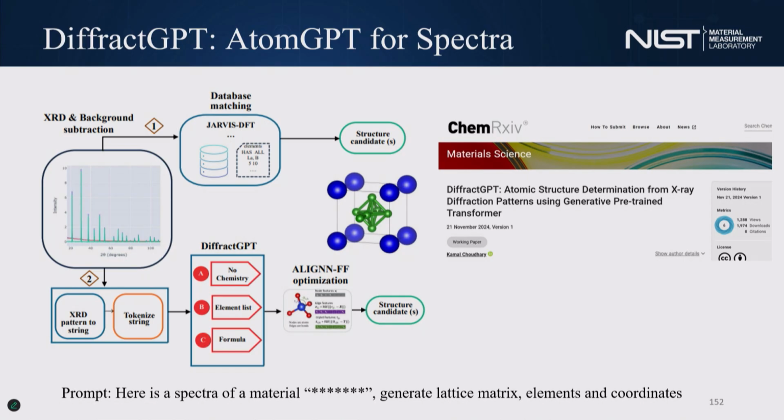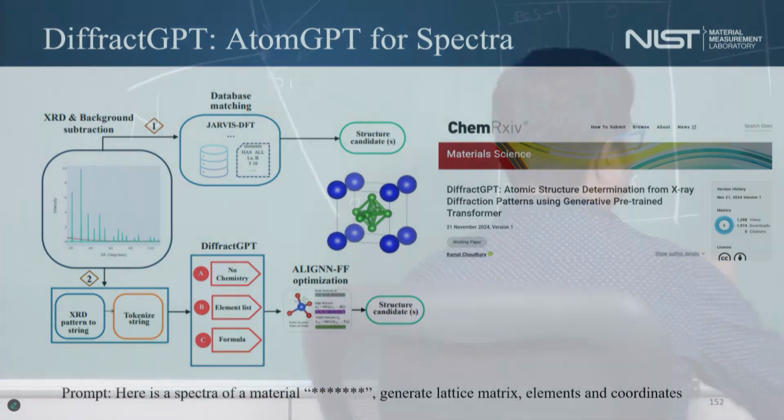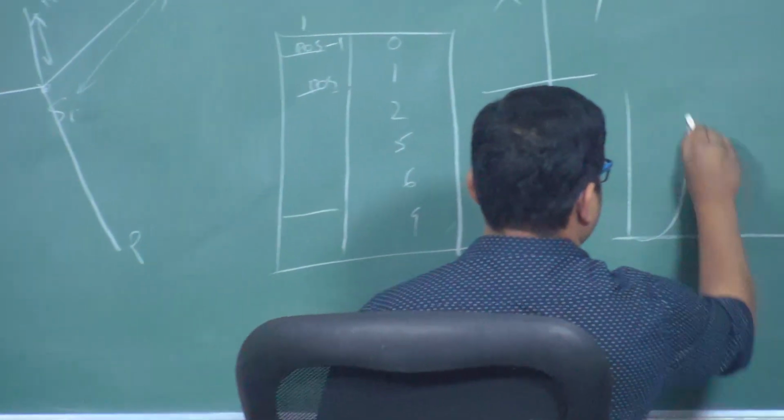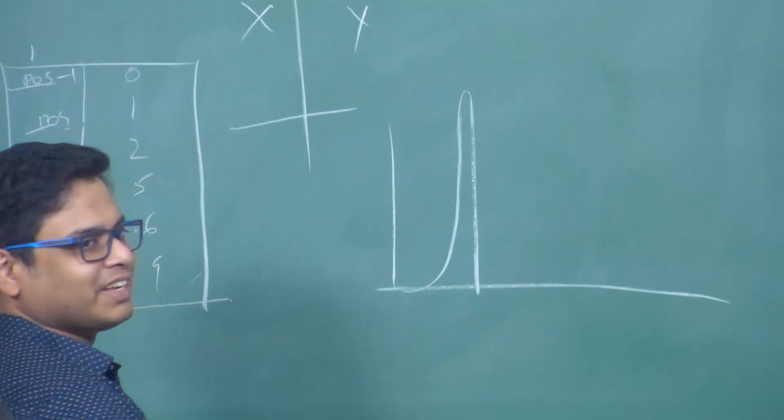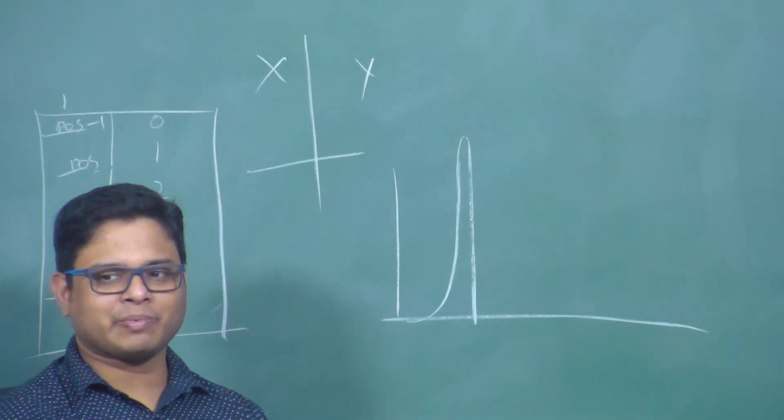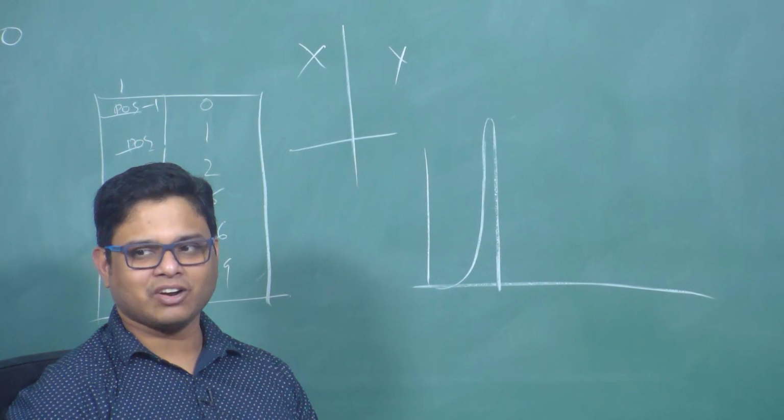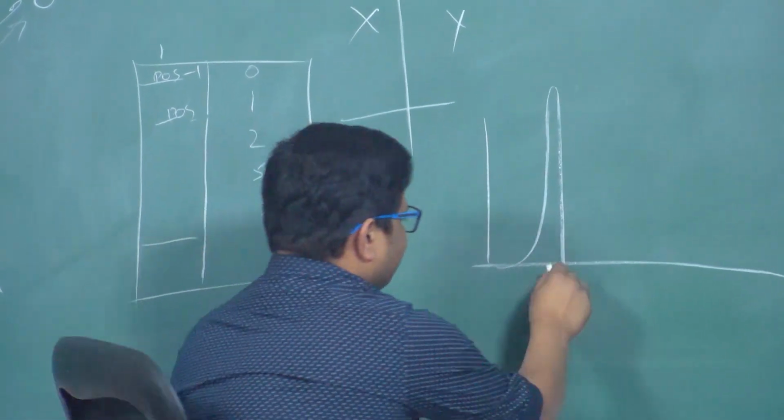The second one, the next generation of AtomGPT, is called DiffractGPT, and the idea is we can take a spectra like this, X-ray diffraction spectra, from 0 to 90 degree 2 theta angle. So suppose you have a spectra like this, or let me not call it spectra. In the experimental community, if you call it spectra, people get mad. You have to call this a pattern or diffractogram. So suppose you have these peaks